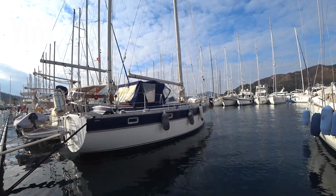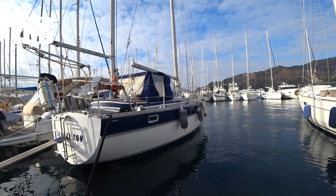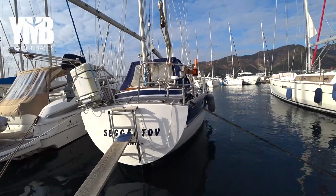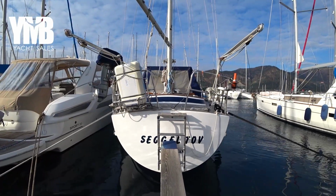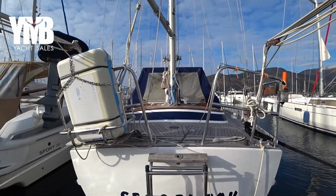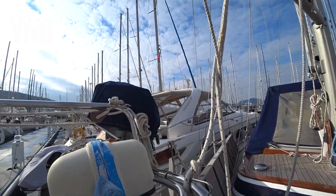So the hull paint seems in very fair condition. The boat is registered under Dutch flag, and that means she's VAT paid. Very convenient for European buyers. She's fully equipped. We can see the life raft here, outboard engine,